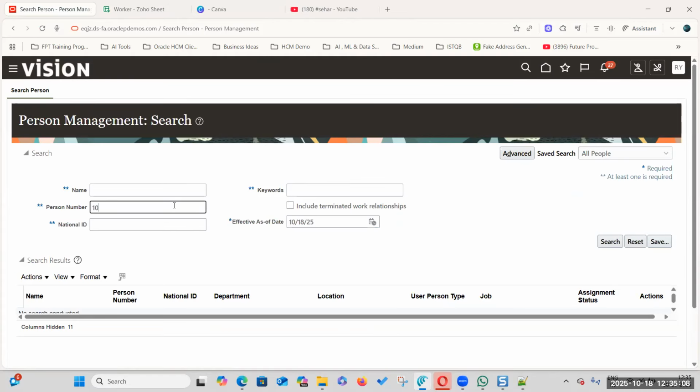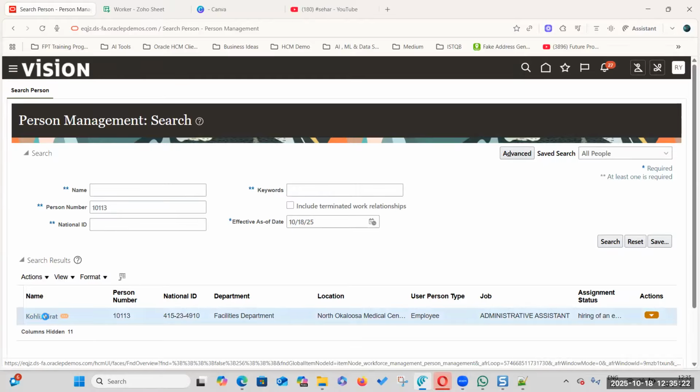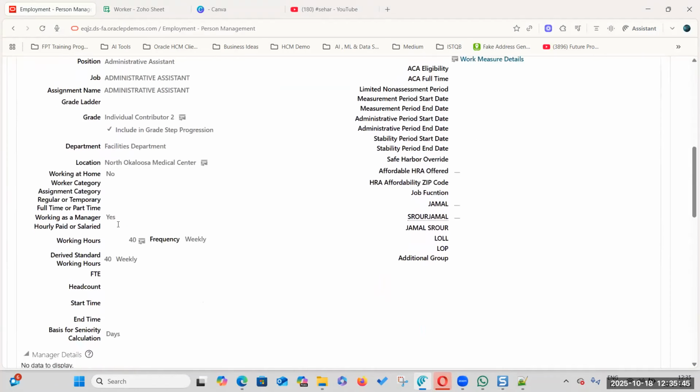1 0 1 1 3. Virat Kohli. Okay. Just click on this one. Wells Fargo. We are hiring this. We hired this particular person in Wells Fargo and he is an employee. When we have hired that employee, 1 1 10. 2008. Now